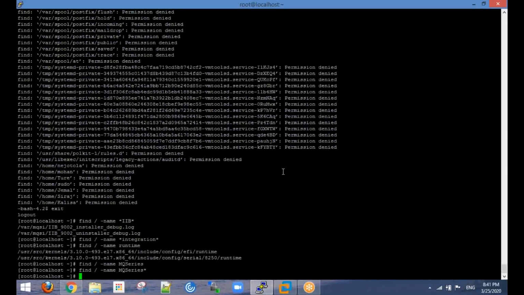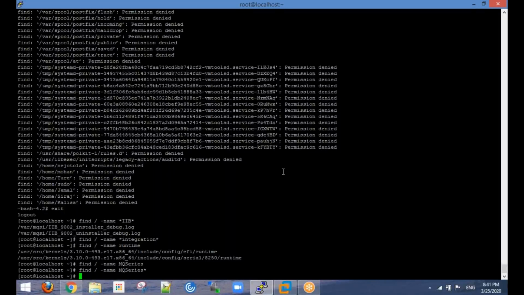No, that is fine. Once the installation is done, you can delete those files. There is nothing to do with those binary files because installation will be registered at the operating system level, kernel level. Once the kernel level has been updated, there is no necessity of keeping those files. It's not required.